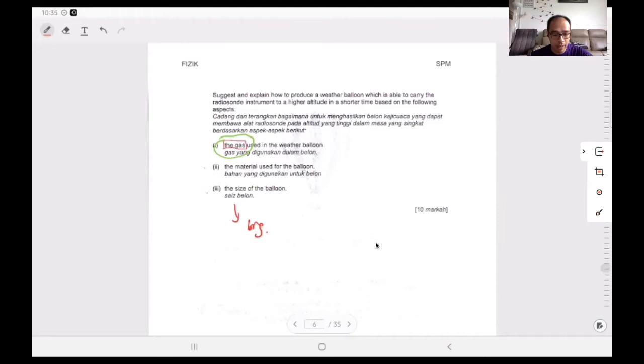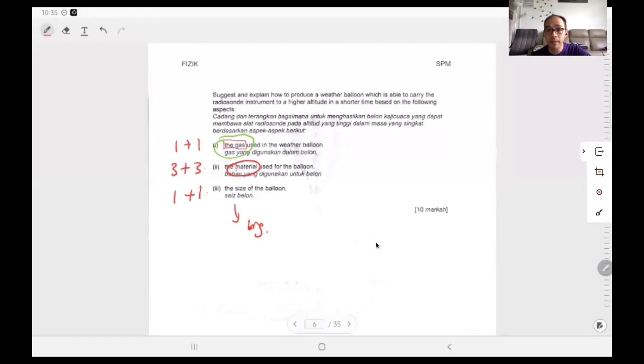Okay, but if gas is only one, because you can only say one gas, two marks go there, 1+1. The size of the balloon is only one, so it's also 1+1. Material means you have to talk about three things, so this is 3+3. You have to give me three characteristics of the material and also three